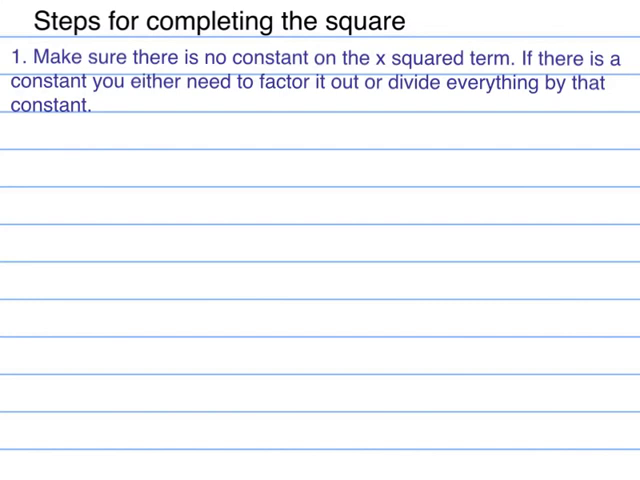Most of the time, though, completing the square process is best when you do not have a constant on your x squared term. All right, the next step. Take the coefficient on the x term and divide it by 2. So after you factor the term on x squared out or divide it out, now you will have x squared plus bx, and you will take that b term and divide by 2. So whatever that is, divide by 2. Alright, step 3,